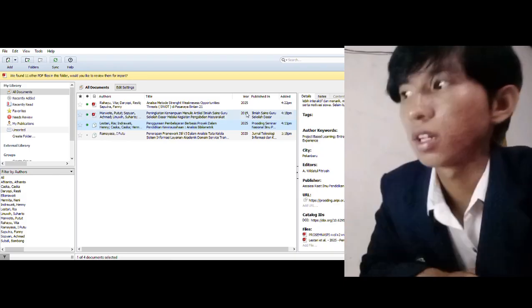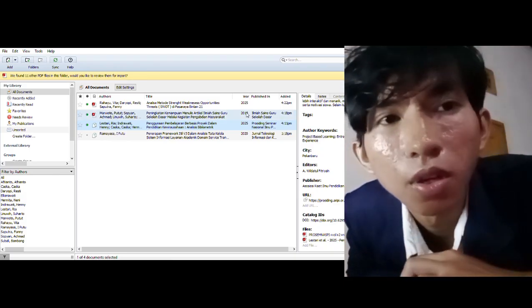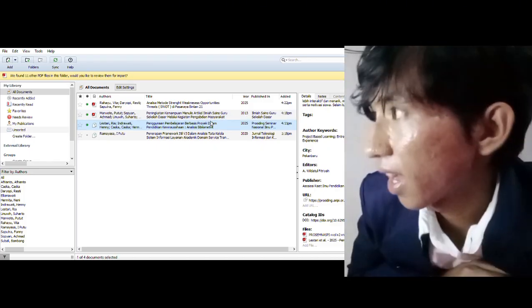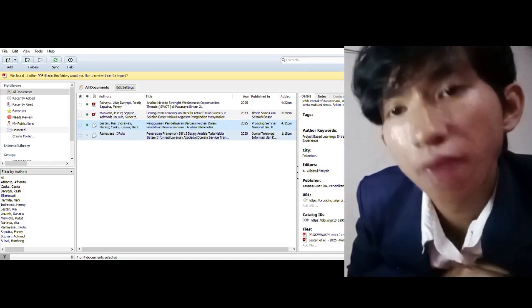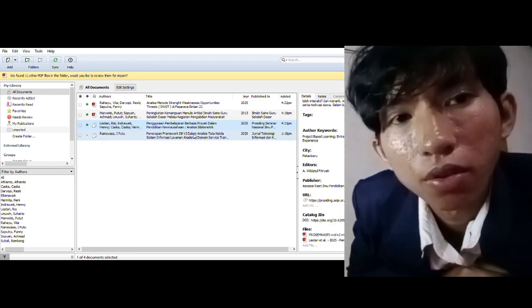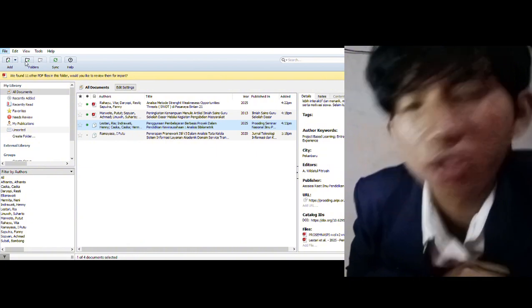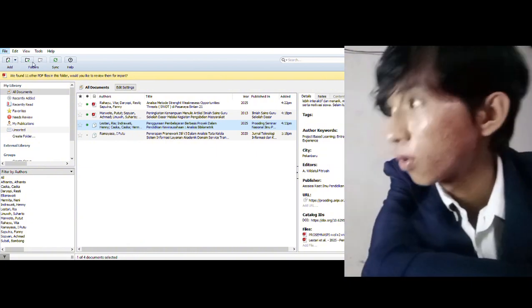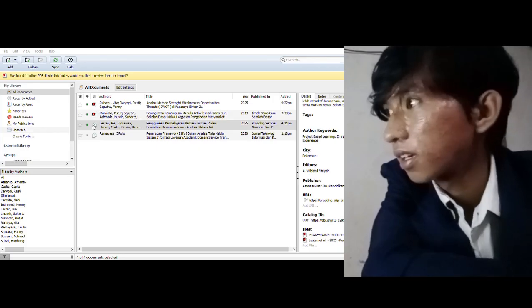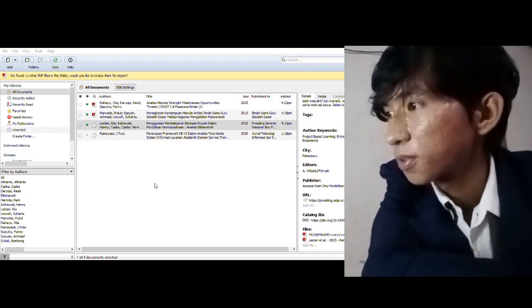And next we will cite a conference proceeding in Word using Mendeley. So you need to open your file, the conference proceeding file, once you have downloaded it in your searching application. Pick the conference proceeding and open it.